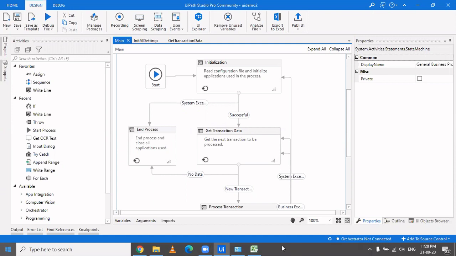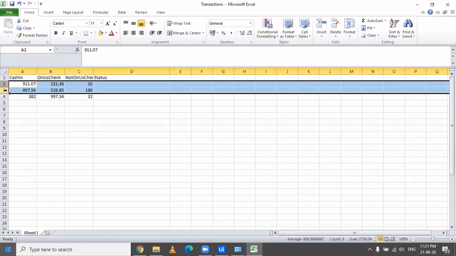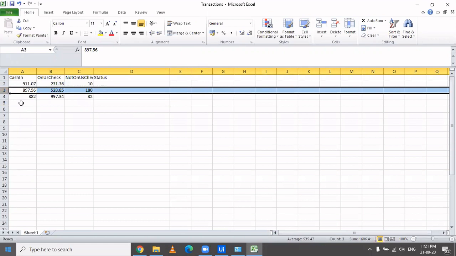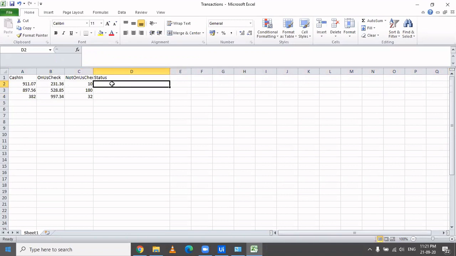So before starting, we have the solution here, which would iterate on data rows. So here is this Excel, which the solution would be processing. What the solution would be doing is picking up each row and processing it in an application, which is a UI demo. That's a dummy application. So it would be entering all these records into that UI demo application and bringing down the status to right here.